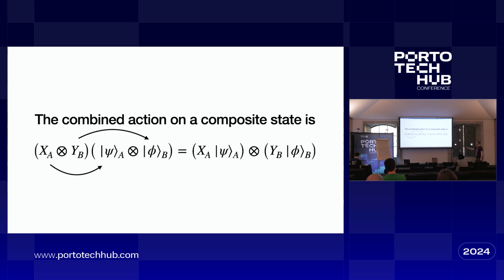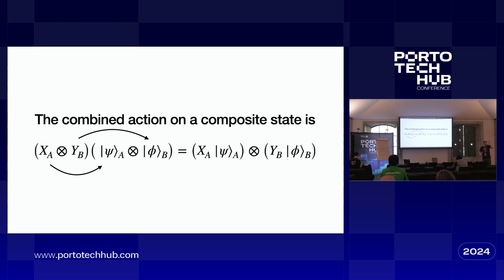Often we label them A and B as well, and we get confused, okay? And here's how we do this. If I have the process X tensored with Y, acting on the states psi tensored with phi, then it's easy. The rule is simply this: the one labeled A acts on this one labeled A, and this one labeled B acts on this one labeled B, and the result is a tensor of the two operations. This makes sense, guys. I know I'm writing this using a super confusing notation, but it's also super intuitive.